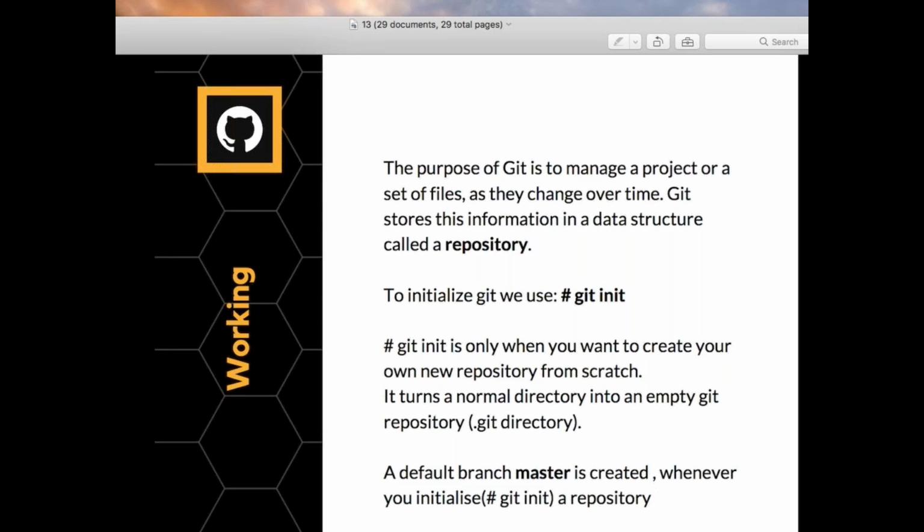What you can try is not setting up any username and email, and then try to commit. It will automatically give you that hint: you need to add the username and email ID to make the commit. Right? So I'll stop here today. Tomorrow we'll start with our branching concept.